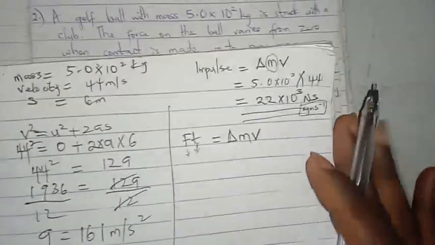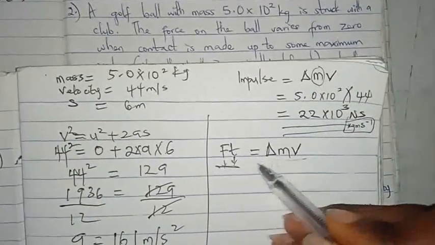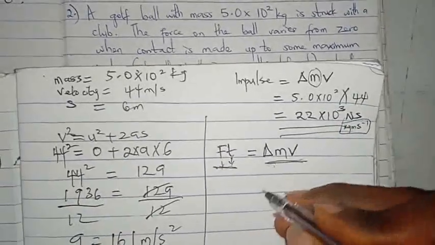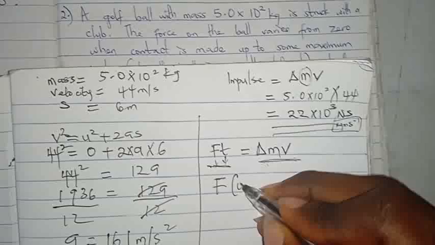So we'll simply do Ft. This is the impulse momentum theory. Impulse is the product of force and time. It equals the change in momentum. So I will simply say F here, then time is